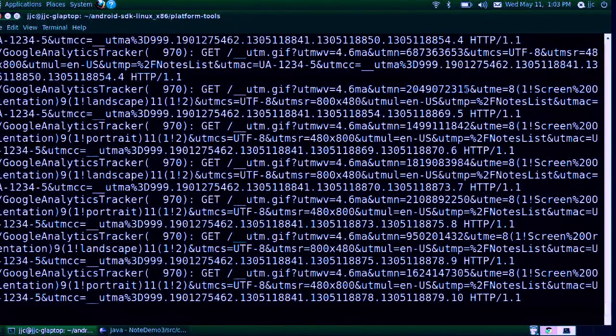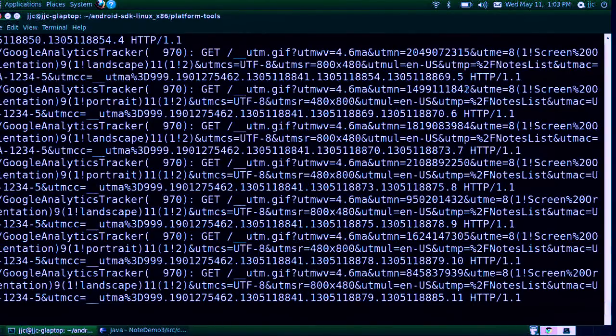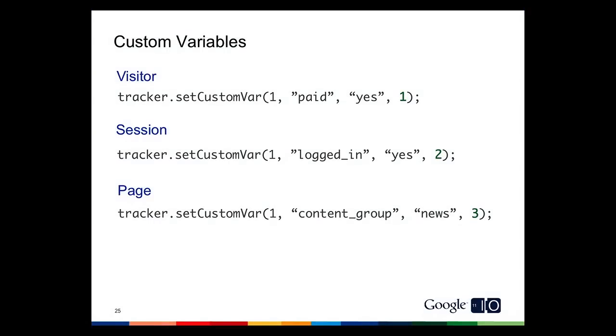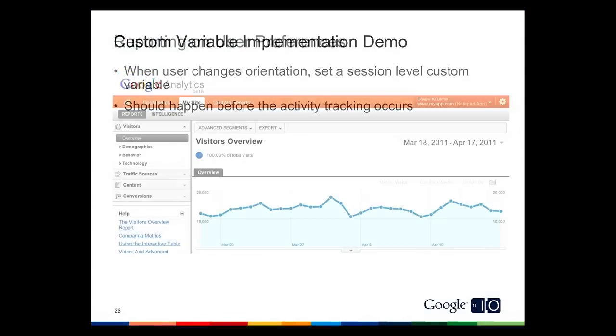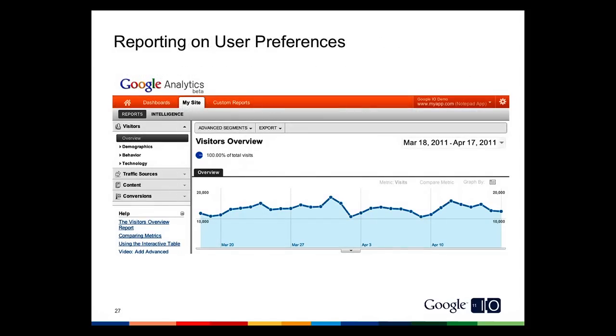OK, that's really all there is for custom variables. Why don't you show us what the reports look like? So where does custom variable show up in all these requests? Cool. So now that we've collected all this data as custom variables, what's really powerful about custom variables is that